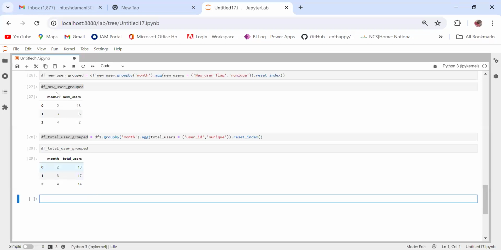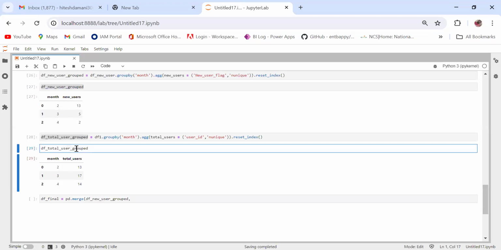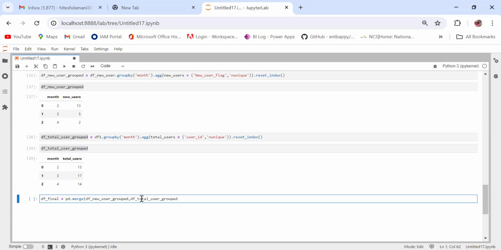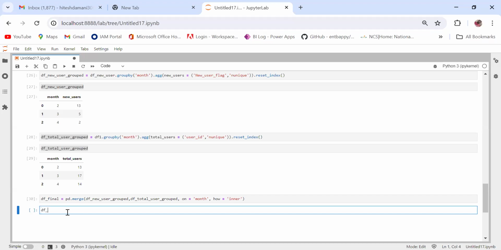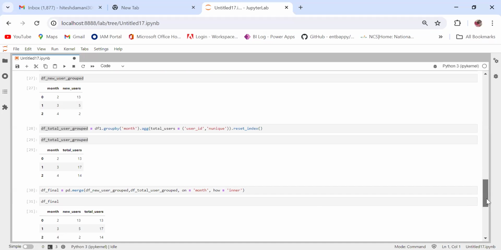Now what we have to do, we have to merge these two data frames, right? So I'm using df final as a data frame name. I will use pd dot merge, right? df new user group comma df total user group, on month, right? And how is equal to inner, right? Now df final, right? So as we can see, basically at a month level, we got new users and